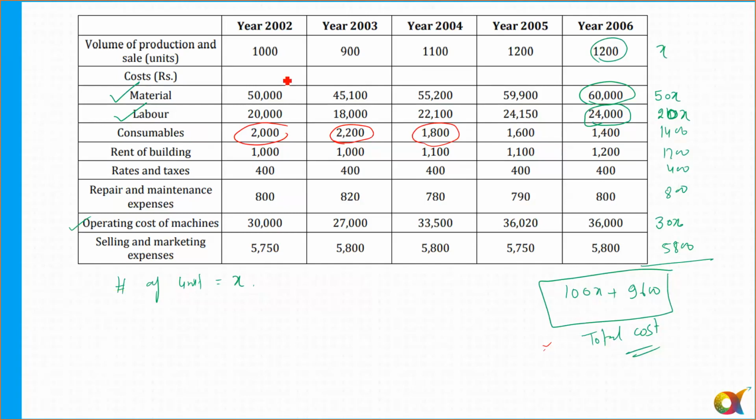How is it inverse? For 1000 it is 2000, for 1100 it is 1800, so it decreased. For 900 it is 2200. So it is inverse. Even if I say it's an inverse proportion, do I need to consider it? It will be considered as fixed, because in the question itself the information is given that everything which is not in direct proportion will be considered as fixed cost. Is that clear? So why are you assuming it is inverse? Any doubts now? Let's move to the questions now.